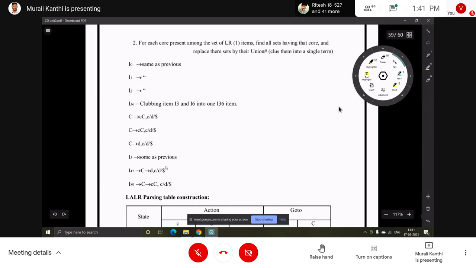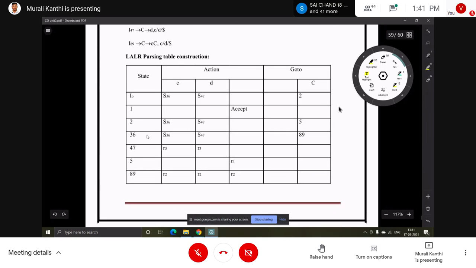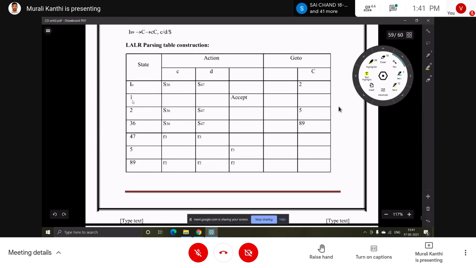Next, to draw the table, it's the same: action part and goto part. Now the rows are reduced: I0, I1, I2, I36, I47, I5, I89. I0, I1, I2 have the same operations, but wherever there was S3 we now write S36, and S4 becomes S47.